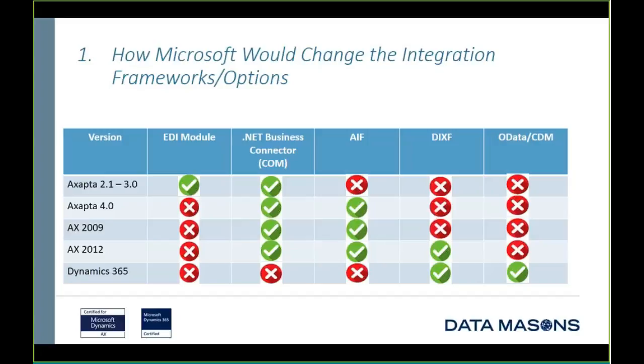At that time, Microsoft was suggesting that the AIF was the better route, and there was the first inklings that the .NET Business Connector would be eliminated at some point because it wasn't viewed as being scalable or extensible. So the AIF became the platform of choice for a long time. Data Masons used it quite extensively and quite successfully over the years. But of course,